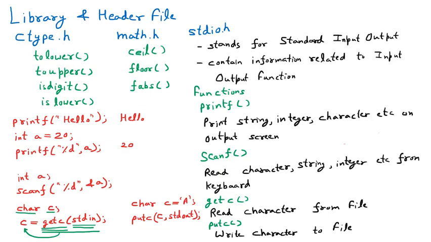I am taking one example to make you understand. Let us suppose that this is our C program and this is our file. This file is, let us suppose, in the D drive or somewhere. If you want that there is something written, let us suppose A, you want that this should come in your C program. That means you are taking the input from the file. So for that we are going to use the function which is getc, means get character.